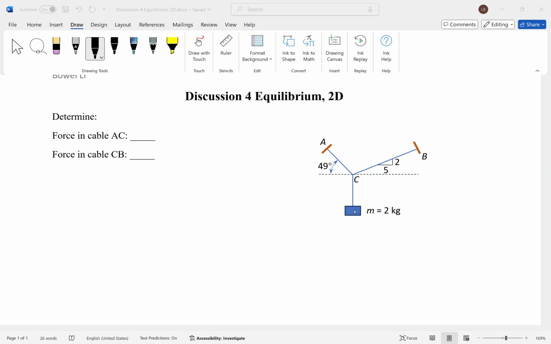Okay, so the answer is particle C. The reason why we go with C is the same as what we talked about in Wednesday's class. By cutting out C, it will expose the forces of our interest, here the forces in cable AC and in cable BC, simply because both cables AC and BC are connected to point C, right? If we separate that out, we will expose the unknown forces AC and CB. Okay, so step one,